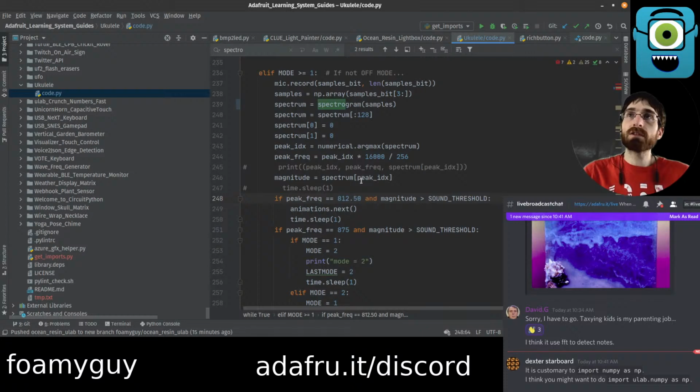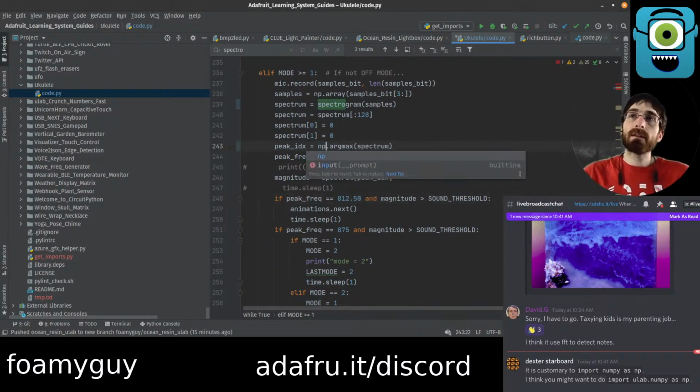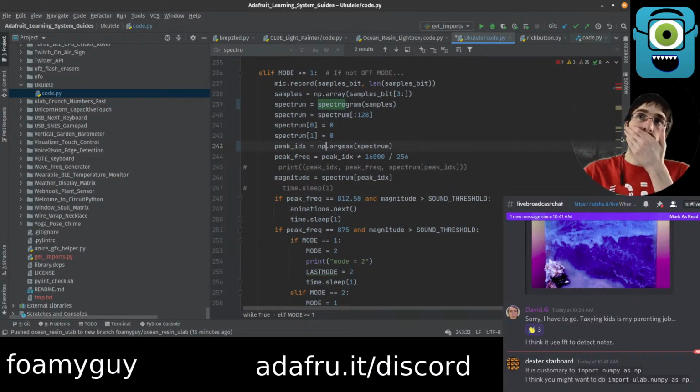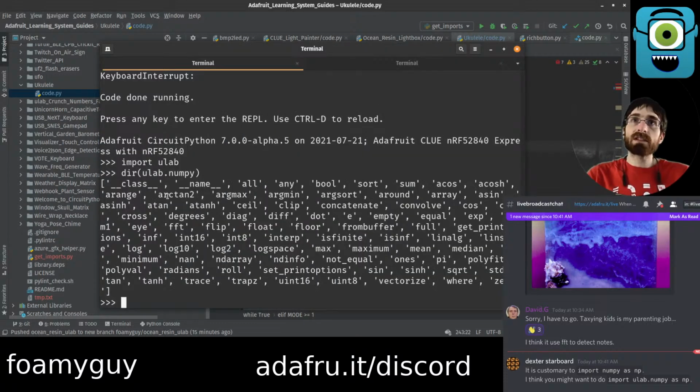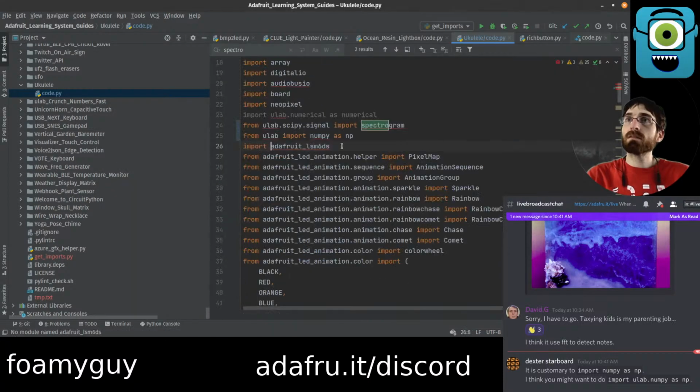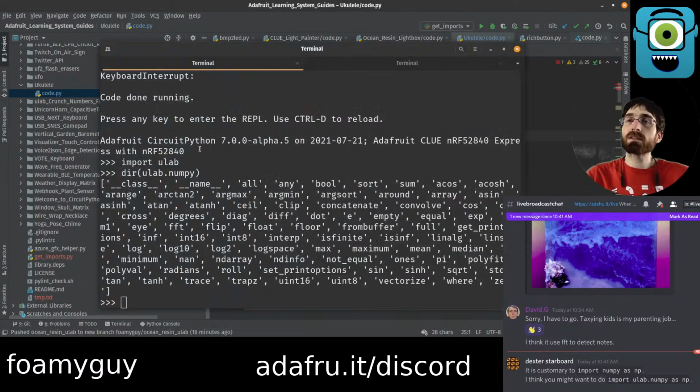So we could actually just say np, because that's now inside of Numpy, argmax. So if we had this,